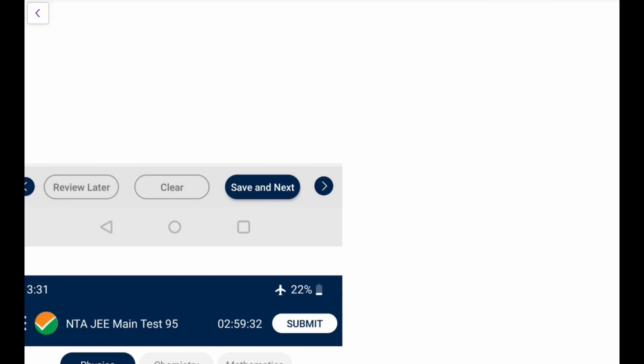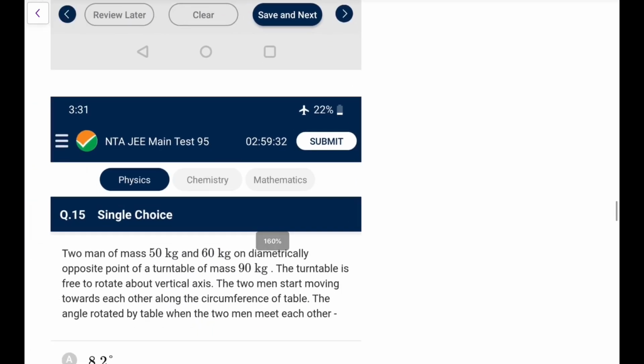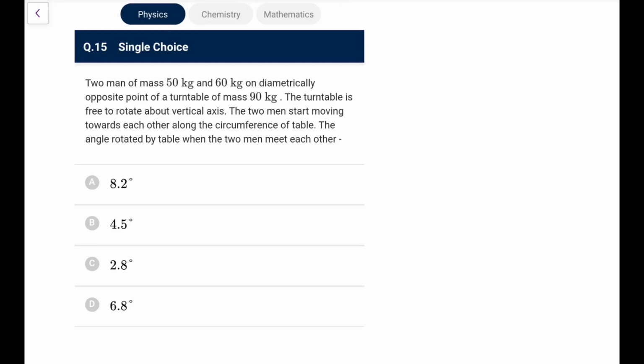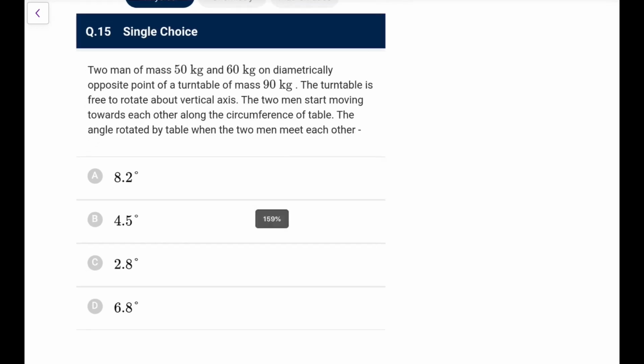Just by looking at the data, you should be able to determine it, such type of questions, and that is the beauty of these questions. If you have studied hard, you can easily do them. You can visualize what the examiner is actually wanting to ask from you. Now come to the next one.